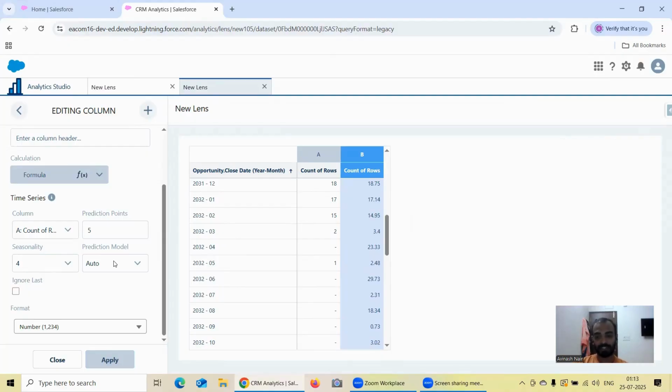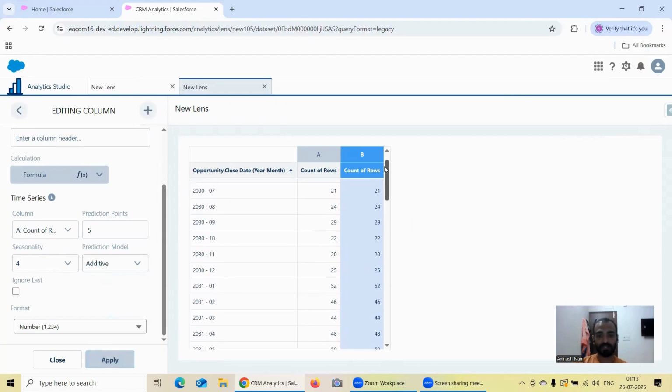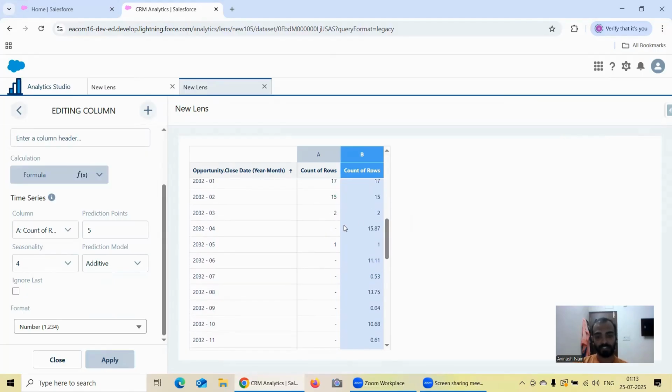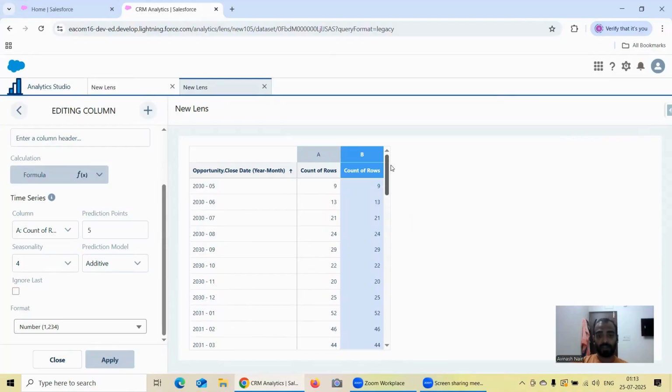Then there's a prediction model. A certain prediction model is followed, which is also related to statistics. We won't go through it, but for example, if you go for additive, that's how this whole calculation is done. If you see, it more or less remains the same. Even if you go for C74, the main thing to note here is that when you go for C74 and prediction model additive, the values will remain more or less the same, but the changes are where there is null. For example, we don't have the data points 2022-04, 22-06. Some kind of calculation is done, and for which this part comes up. Okay, if you go for additive,